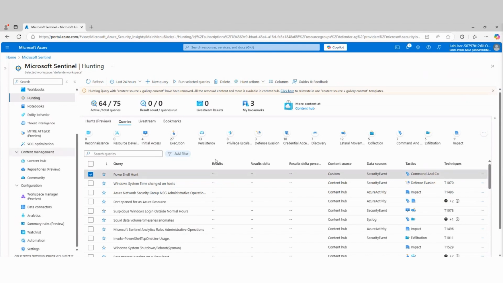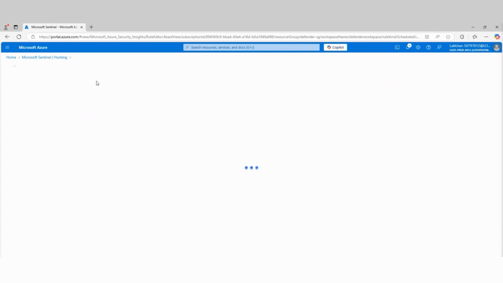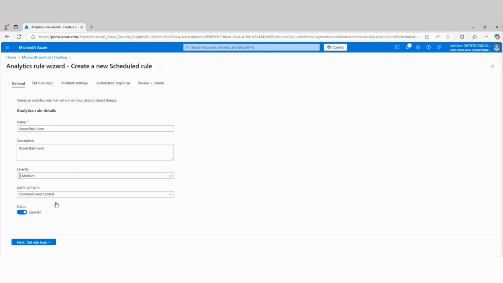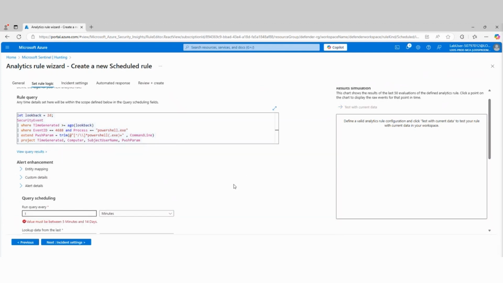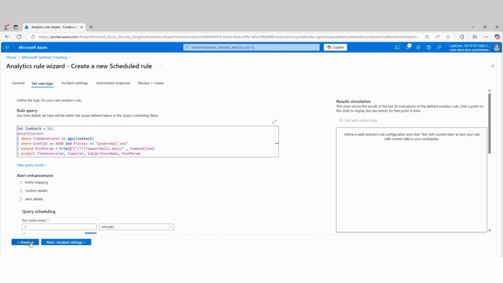Another thing that you can do with this is, let's say I do want this to run on a schedule. I have the ability to go into it and create what's called an analytics rule from it. And it'll fill in all the things that I've already completed. It'll include the query data. There's my query. In this case, because it's a scheduled rule, I can specify how often I want it to run. So maybe I run it every 5 hours if I want to, or the minimum you can do is every 5 minutes. You can't go any lower than 5 minutes. And the maximum is 14 days. So I can run it once every 14 days. I can run it every 5 minutes, but it's anywhere in between that range that I want.